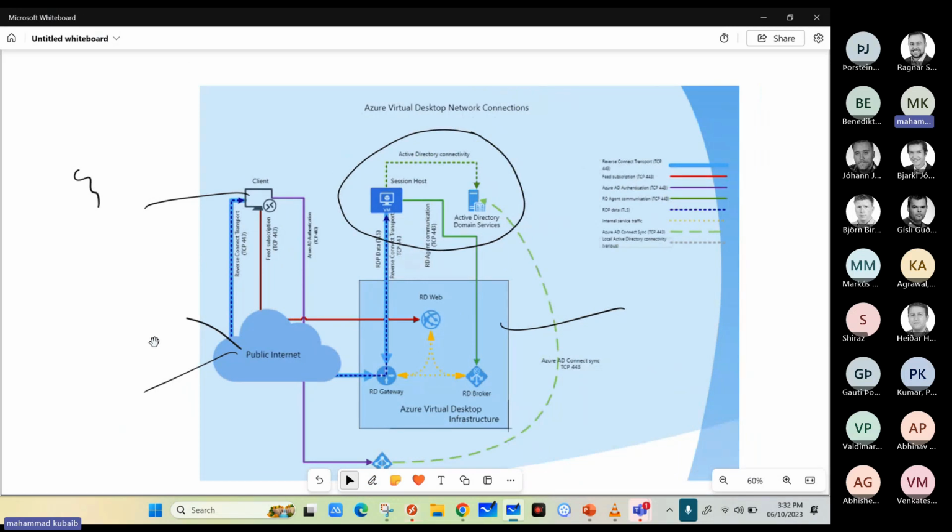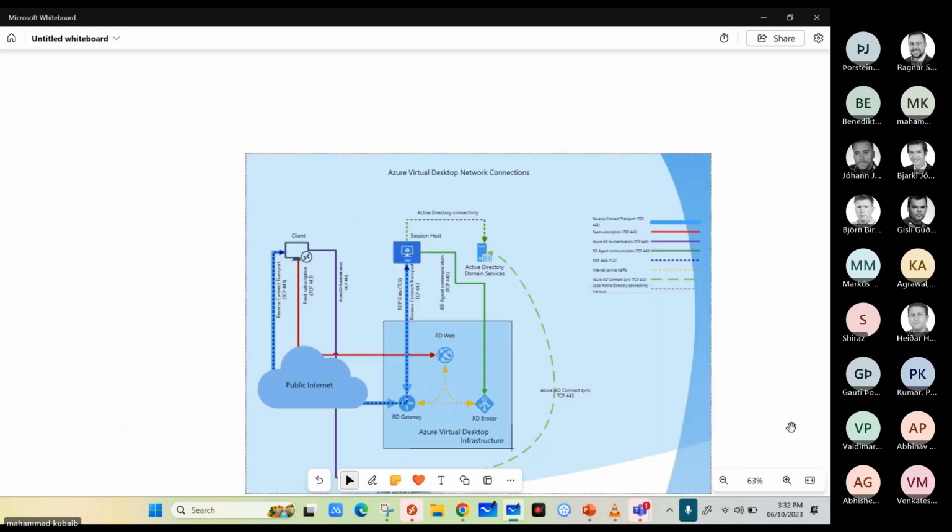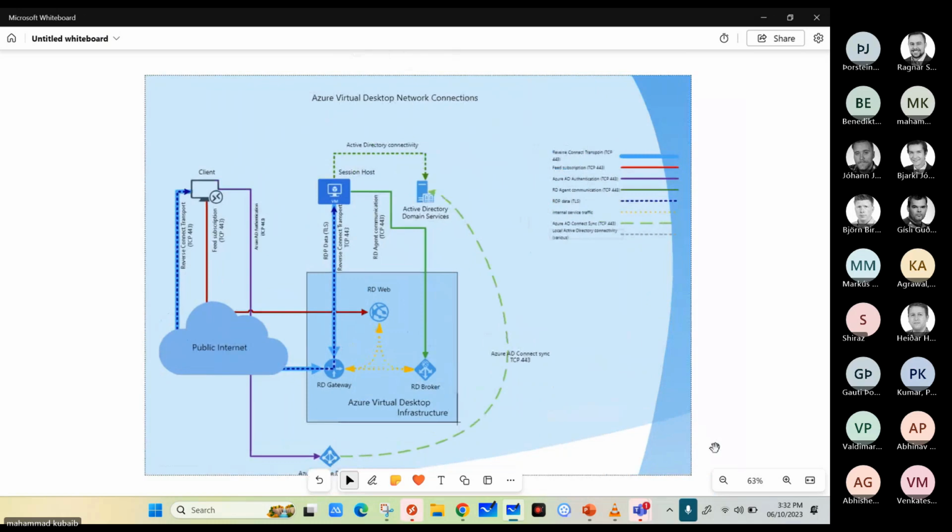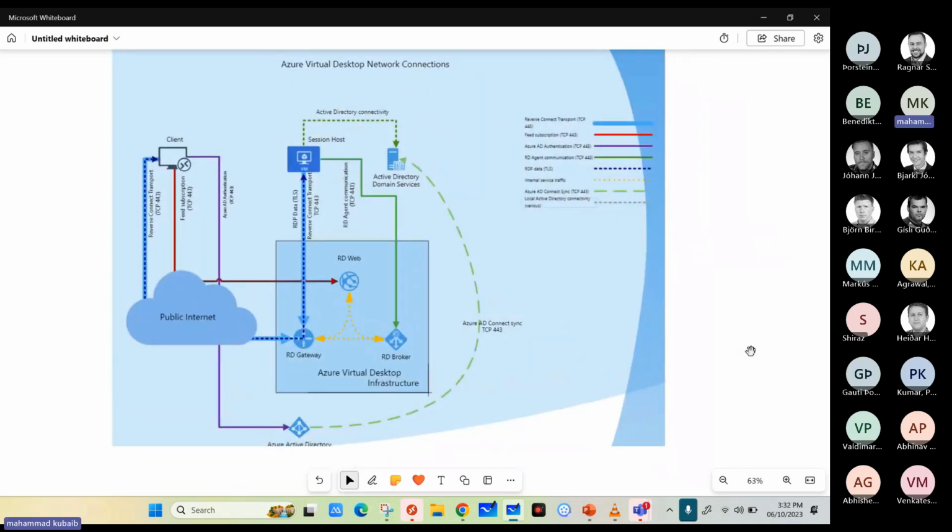From the client, the traffic will go to the public internet. From the public internet, it will reach the Microsoft control plane, which I explained. It will hit the gateway. As I told you, the gateway is kind of a proxy, or kind of a VPN. So once it lands here, then